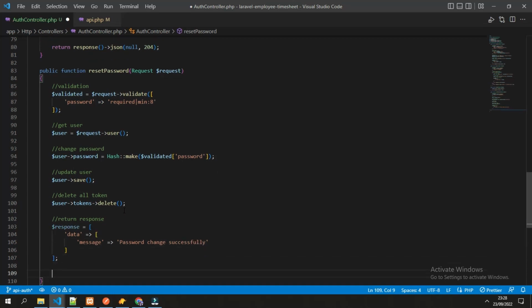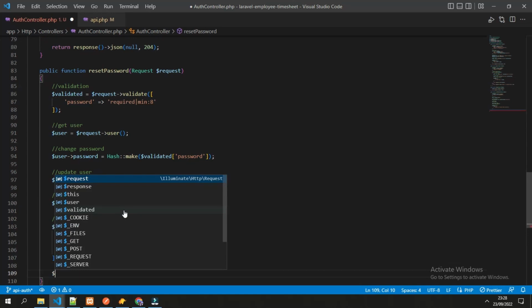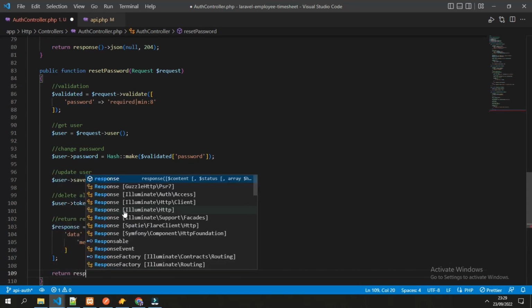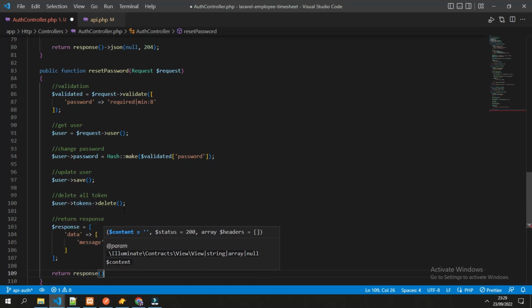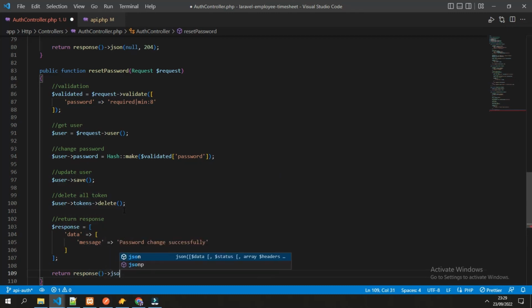Then we can return that response object. Response, and the status would be 200.